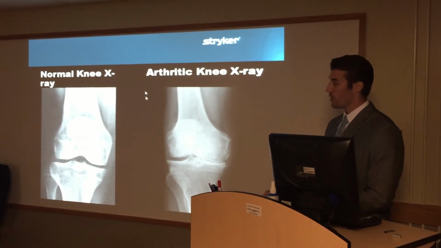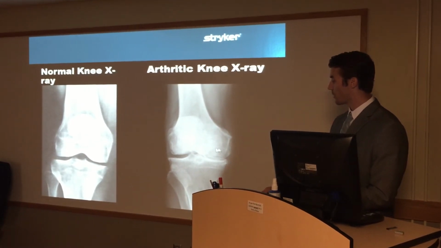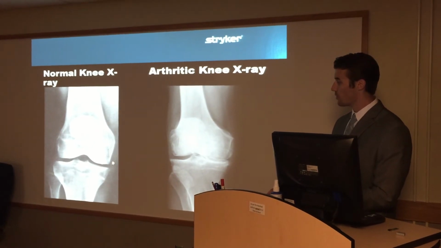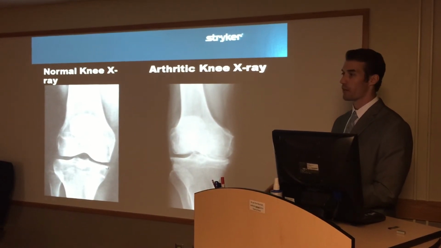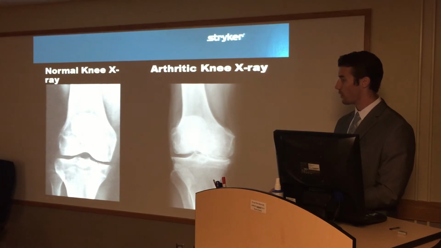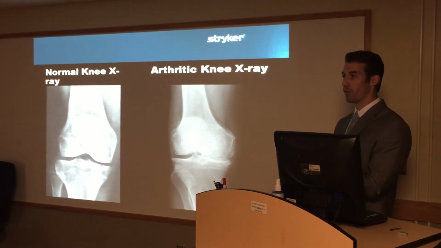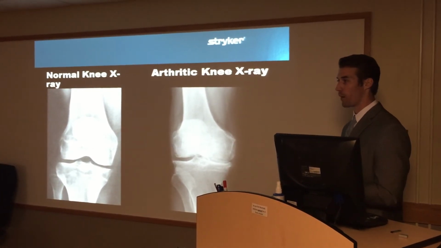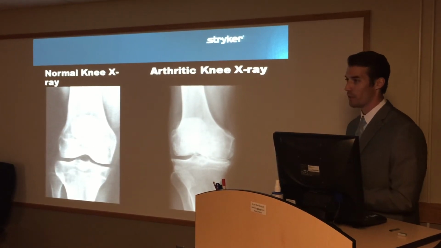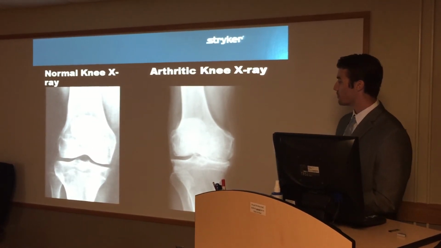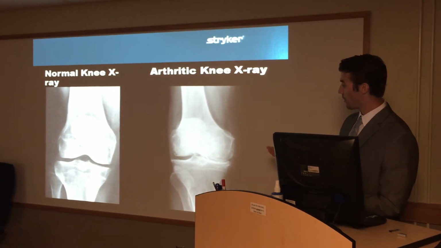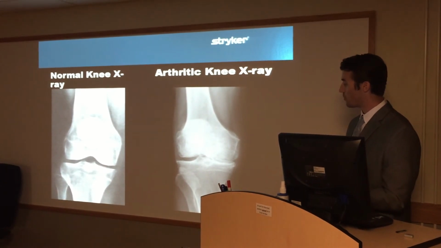And there's varying degrees of arthritis. This would be a pretty severe case where it is down to bone on bone, but as you watch x-rays over time, it'll start to show that this space can thin, and eventually when it gets down to bone on bone arthritis, we're talking about possibly knee replacement. Again, this patient here on the picture on the right would be someone that would be a good candidate for a knee replacement,